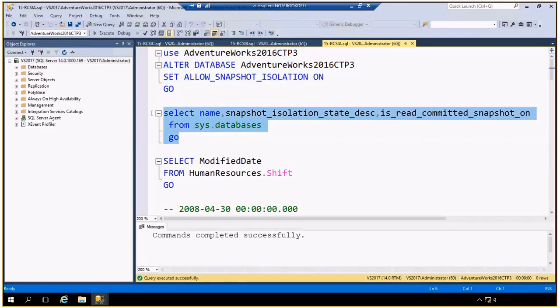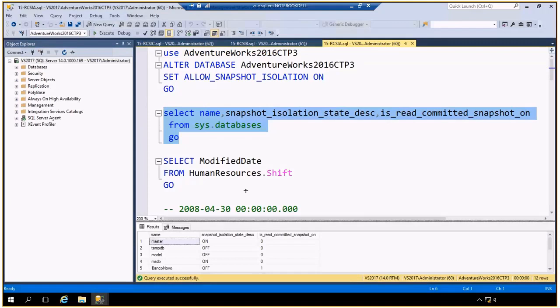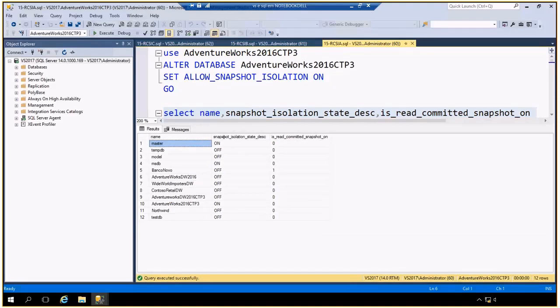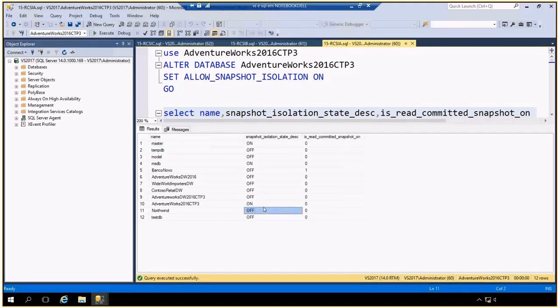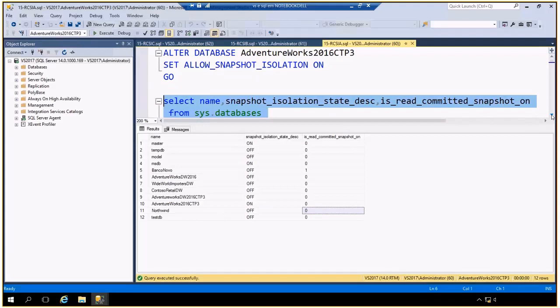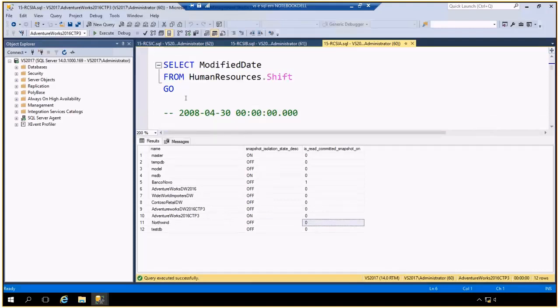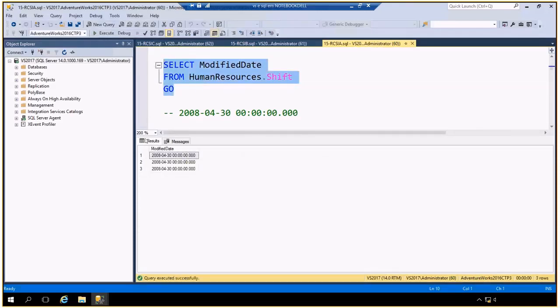Check what's enabled or not. AdventureWorks CTP3. It's allowing snapshot isolation, but RCSI is not enabled. For our example, let's check the modified date on the table. All the dates are the same. It's this date.